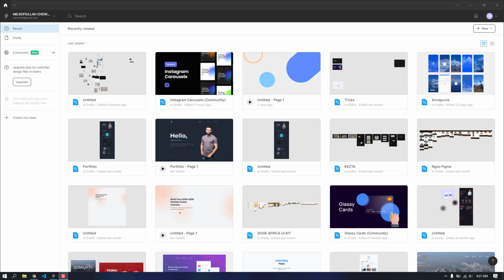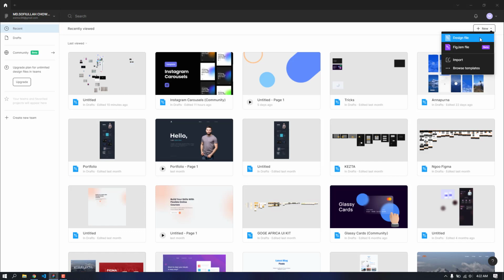Currently I am really into mobile app development with Flutter. So I think we can create a sign up or login page design for a mobile app. Let's say we want to create a login or sign up page for an app which helps the user find a travel partner. So this is my Figma here, the home page, and I'm just going to open a